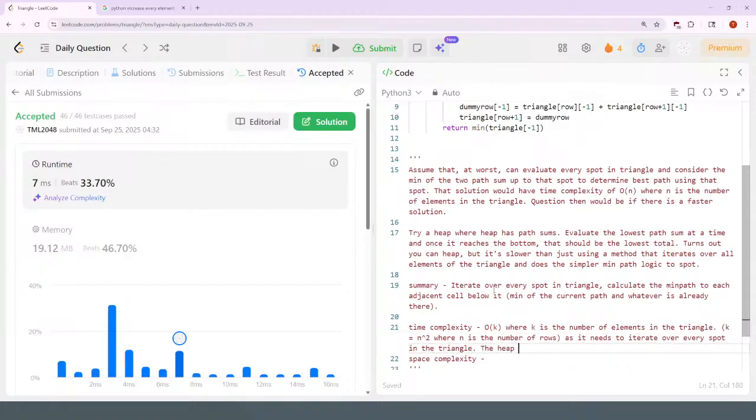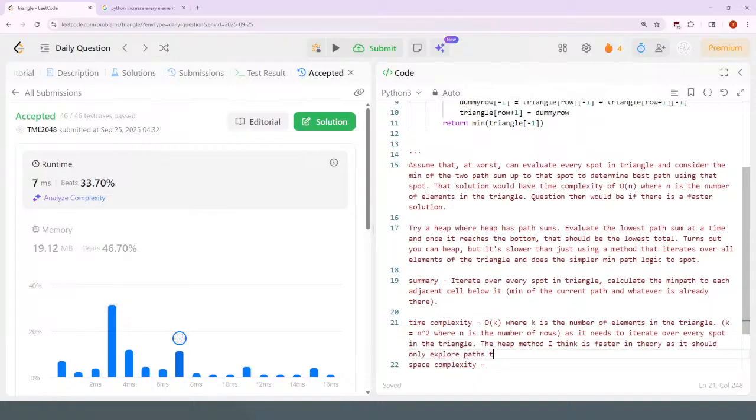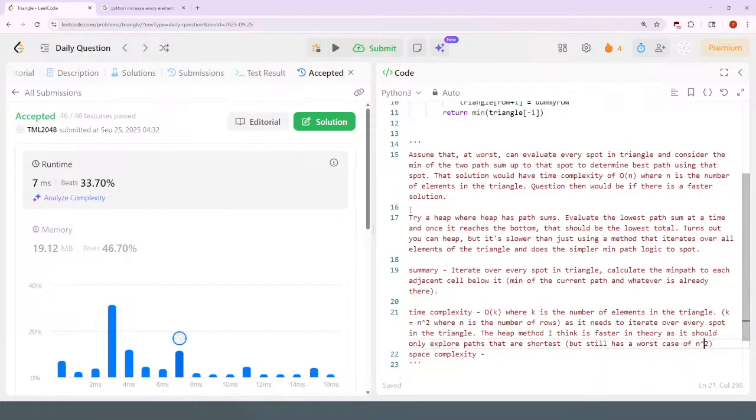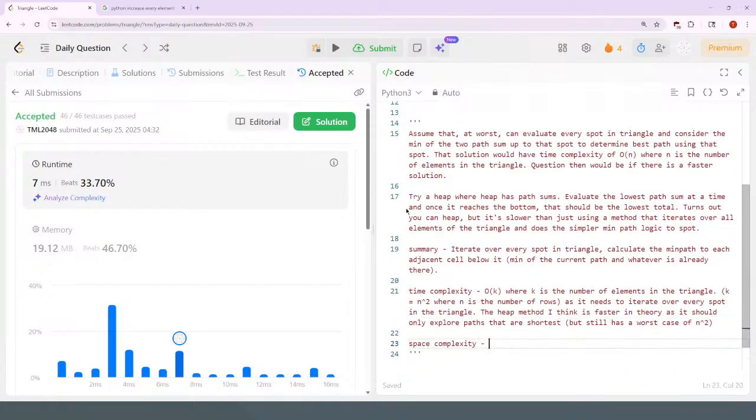The heap method, I think, is faster in theory, as it should only explore paths that are shortest, but still has a worst case of n squared. Yeah, n squared. Since it might need to still check pretty much everything before the last row before it goes to the last row. Space complexity, this can be O of,